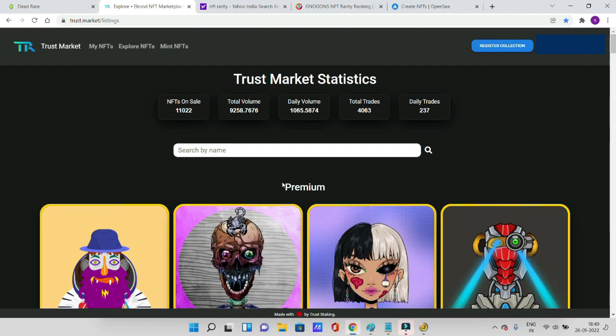The second key thing to remember is that whatever you're buying, always check the rarity before you buy any NFT, because the rarer the NFT, the higher its price. The lower the rarity, obviously the lower the price. Sometimes people don't understand, and they might pay a premium price for a low ranking NFT, which is obviously not good. And I think the third thing is that